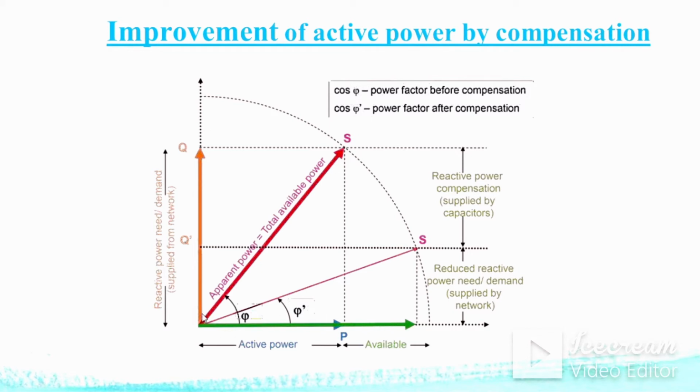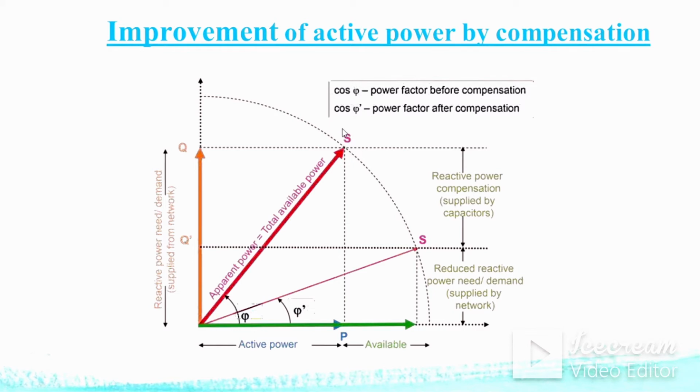So when we take the hypotenuse, this is considered as the apparent power, and the angle made between the apparent power and the active power is the phi angle, which is nothing but the power factor angle. This power factor angle was large, and thus the cosine of that power factor angle will be very low or poor. So initially, when the reactive power demand was capital Q and capital P, and the apparent power was capital S, the power factor was very poor.